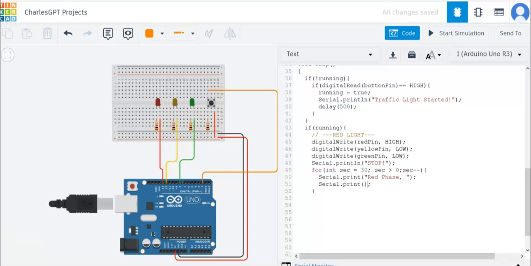Print. Then semicolon. Okay. Then we'll print our seconds, the timer, because we must print this. So you print the timer. So red phase this, then you know, be like Serial.println, let's just print line for this. Print line would be Serial.println will print